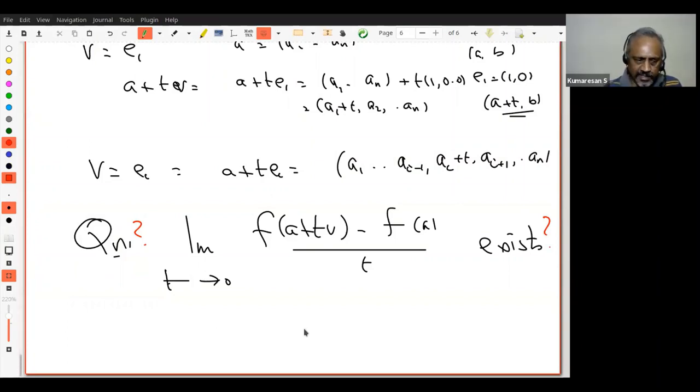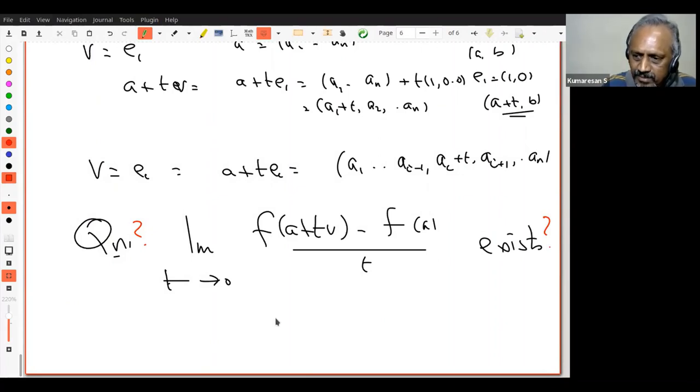Just now I said the answer. What did I say? I gave an analogy. This is something like your partial derivative. Just now I gave the example of R2. So what is your answer? If f is differentiable at a, do you think the limit will exist? Just intuition. We need a proof. We will give a proof. Do you think the limit will exist or it will not exist? Bhavana? It will exist, right? How many of you think the limit will exist? Let's see.